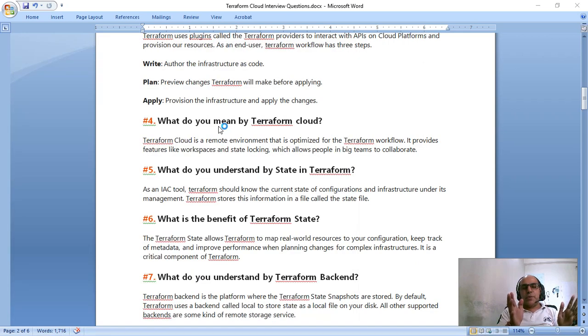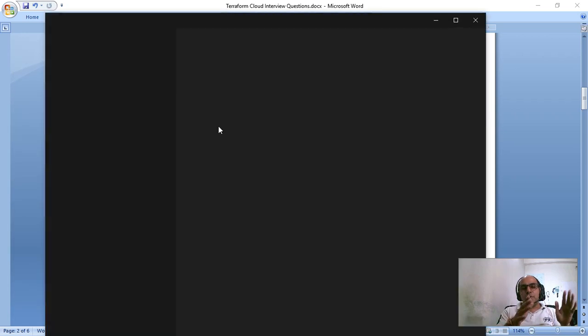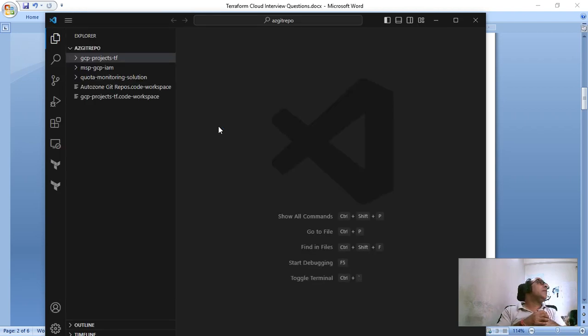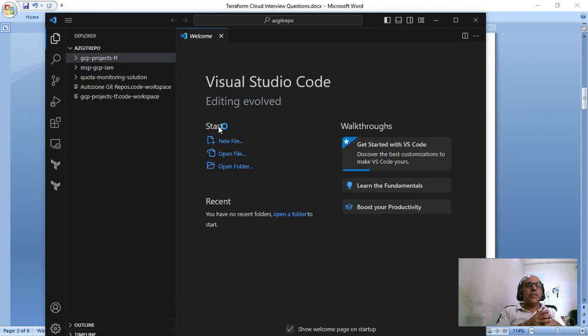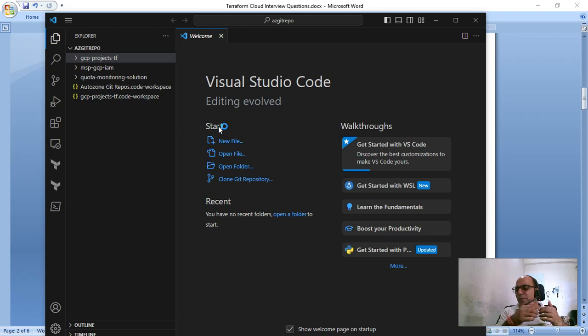Now what does Terraform do? Terraform preserves those details in its state file, right? Now next time, suppose this requirement comes that you need another server. What will you do? You will create another server, right?